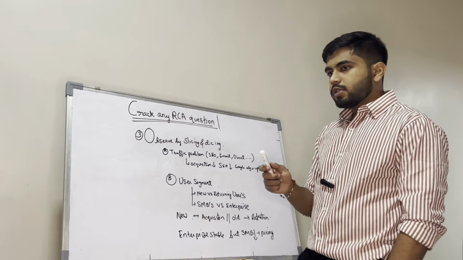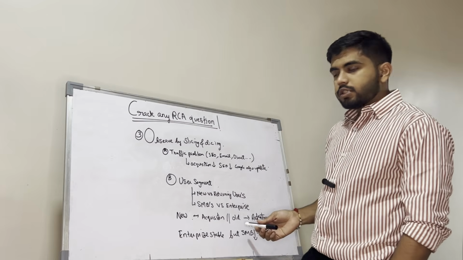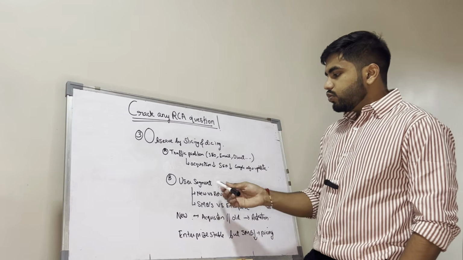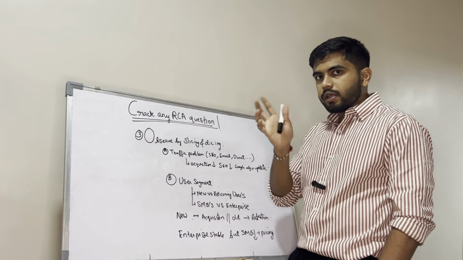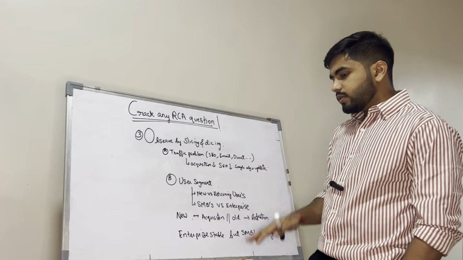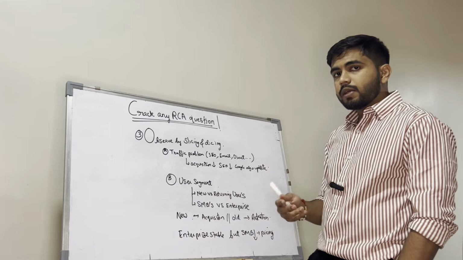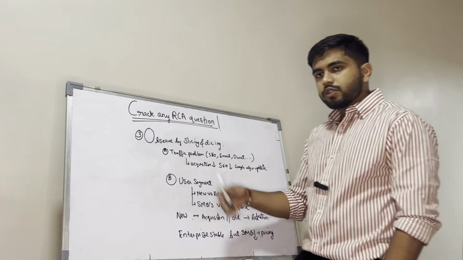If old users and new users are stable, but old user engagement is down, then mostly it's a retention problem, right? So from this user segment, you understand which users are affected and which are not. So you can think in the right way. If enterprise is stable and SMBs go down, that means mostly it's a pricing issue because of which SMBs are going down, right? So these are the first two ways.